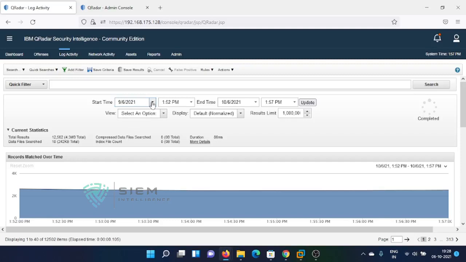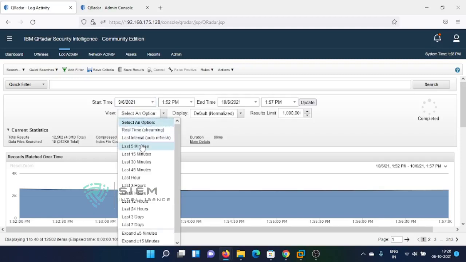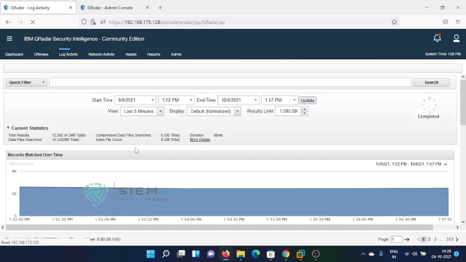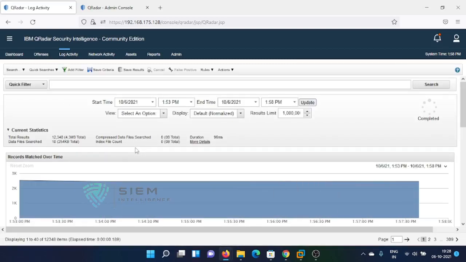Now I am selecting from dates. It is better to first do the last 5 minutes activity, though it may give some result or not. Why only 5 minutes? It is the nearest possible and easiest to track. If there is any issue in a search, then we can come to know. If it is not completed in 5 minutes, that means there is a lag, or your search is having some issue. Maybe data comes or not, but it should be completed.